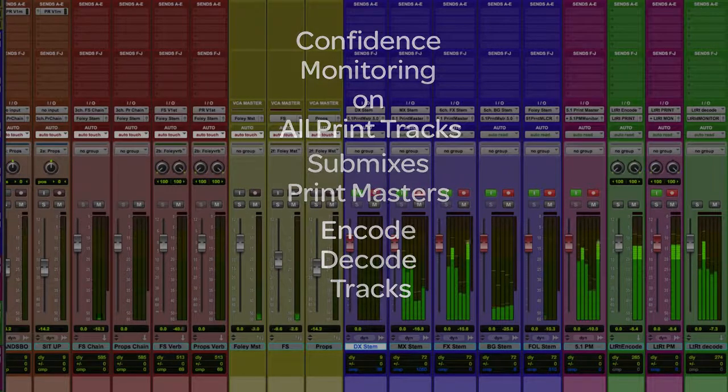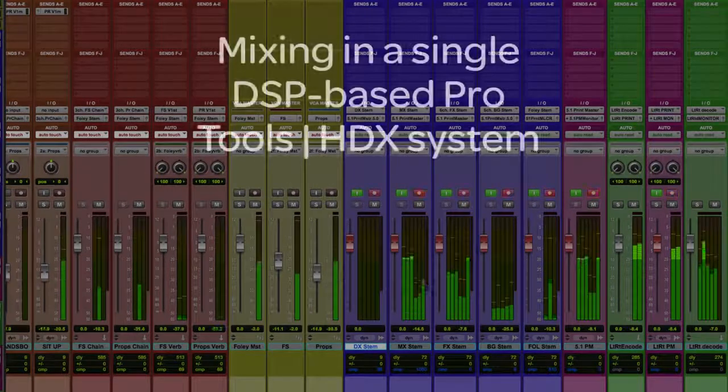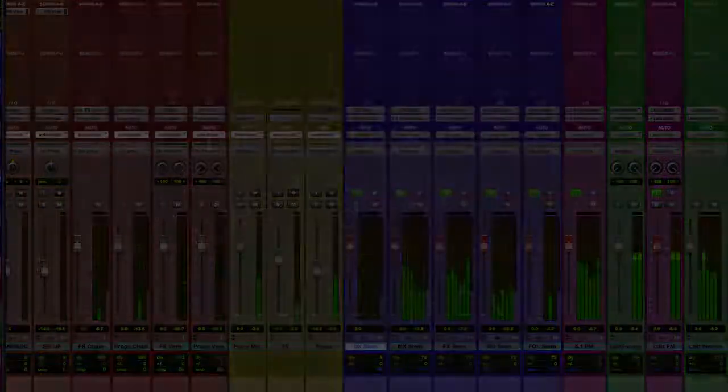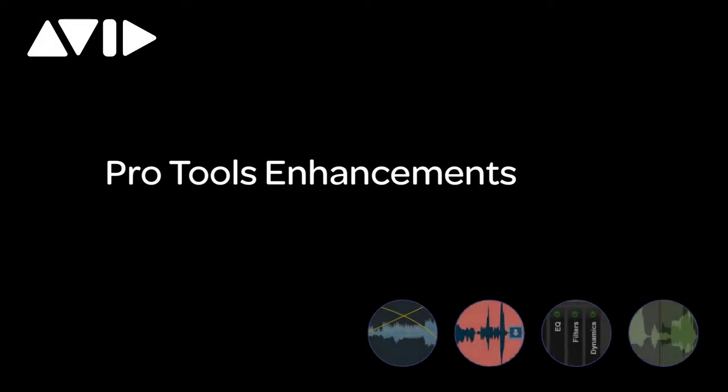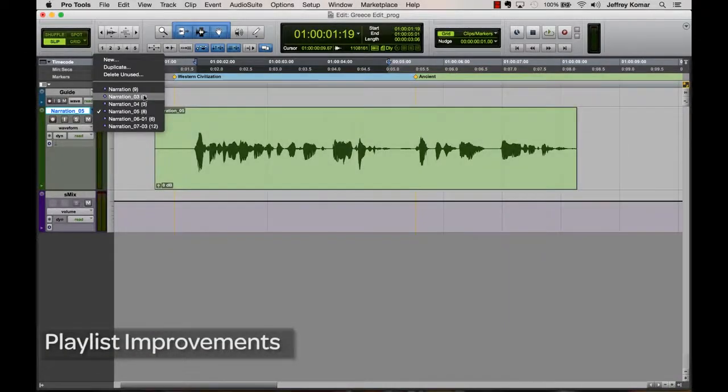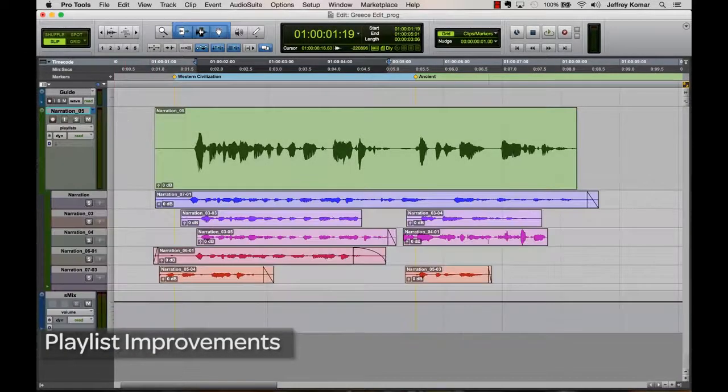decode tracks. If your workflow consists of mixing within a single Pro Tools HDX system, the new recorder mode will bring a new level of efficiency, consistency, and confidence to your projects. With the latest release of Pro Tools, several improvements have been added to help increase productivity and accelerate workflow while recording, editing, and mixing. Playlists offer a great way to organize and composite audio clips on virtual lanes nested beneath